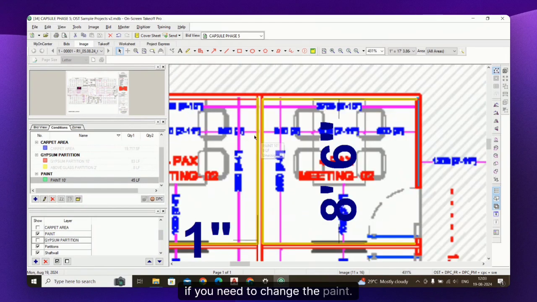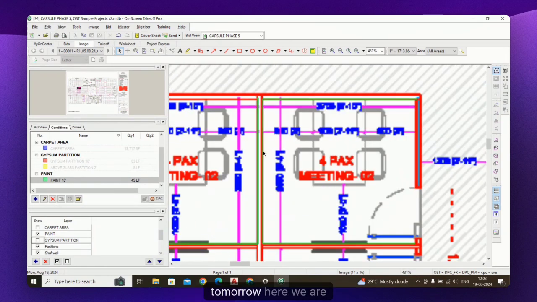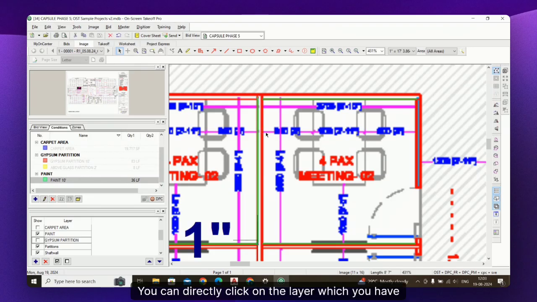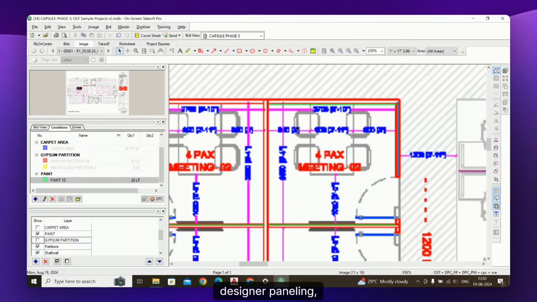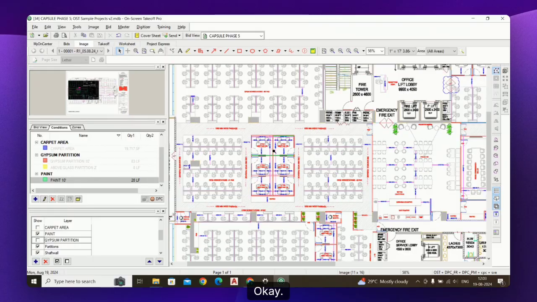If you need to change the paint, so okay, tomorrow here we are not using paint, you can directly click on the layer for which you have dragged the linear condition and delete it, and you can directly create the wallpaper condition and add it over there if you need wallpaper or design paneling, designer paneling, anything. Okay,